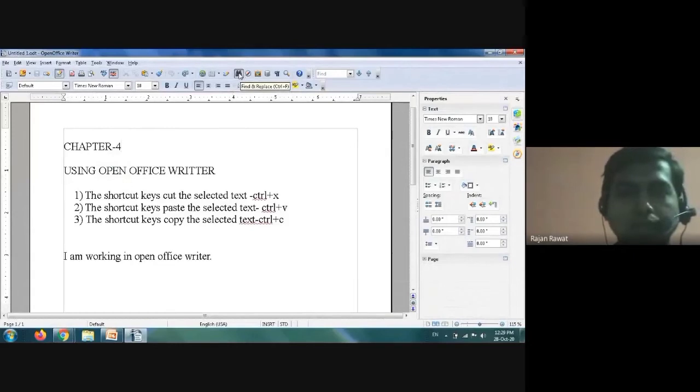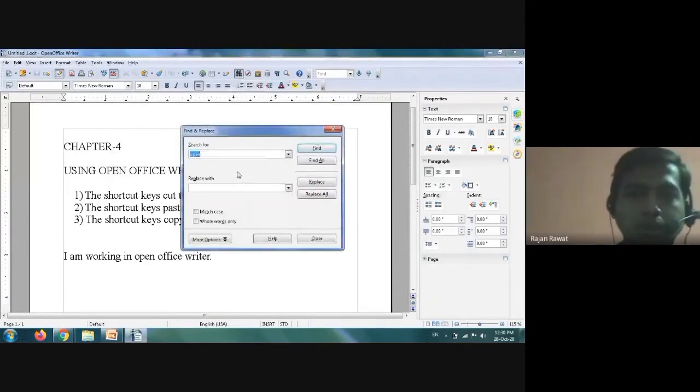As you place your cursor over it you can see the find and replace button is given; the name of this binocular is find and replace. Control plus F is actually a shortcut. You can use that also, or by the help of this button, as you click you will get one dialog box. One kind of box will appear on your screen.